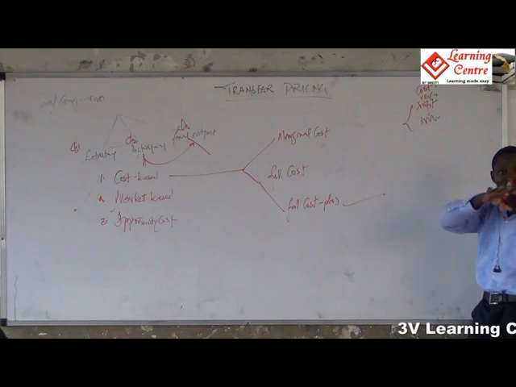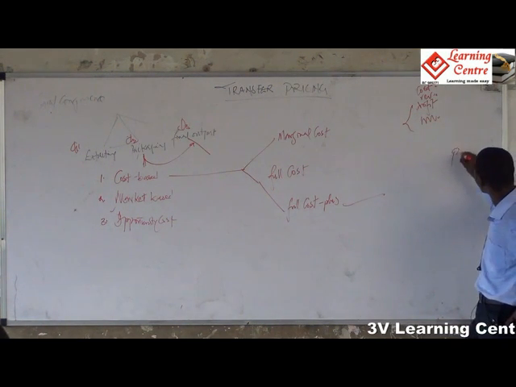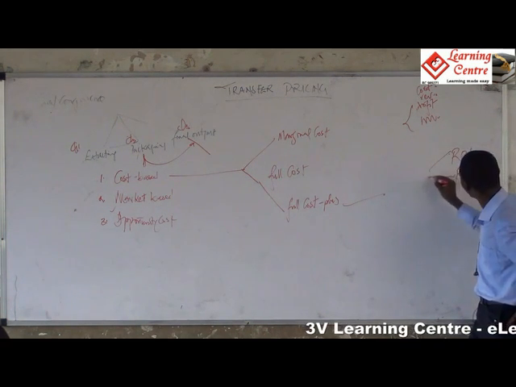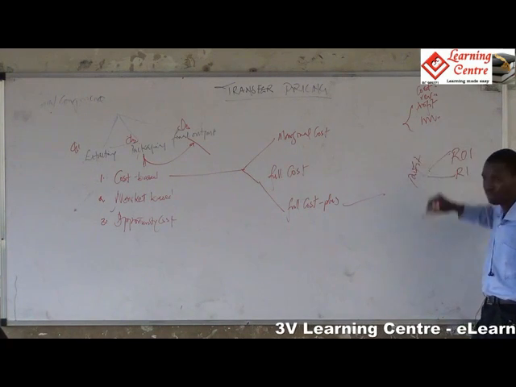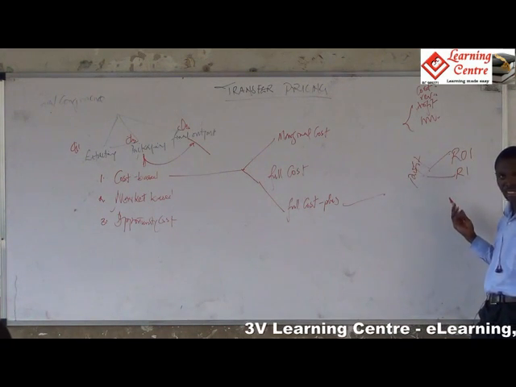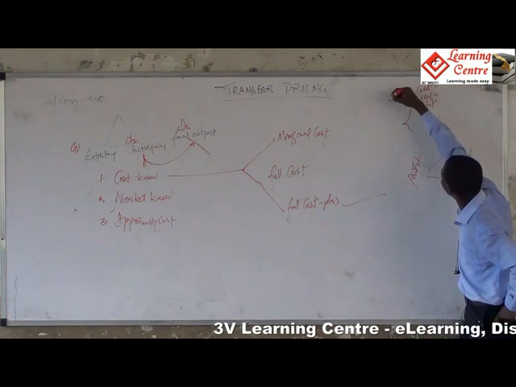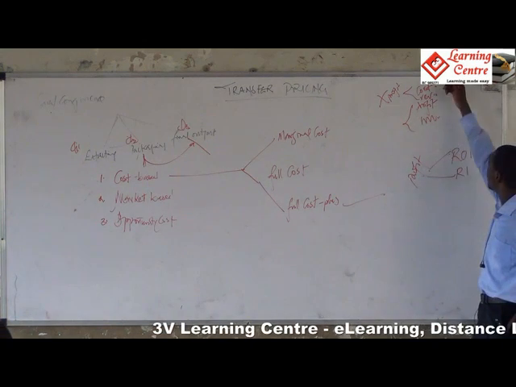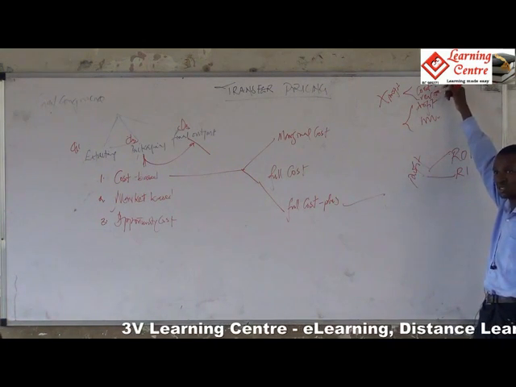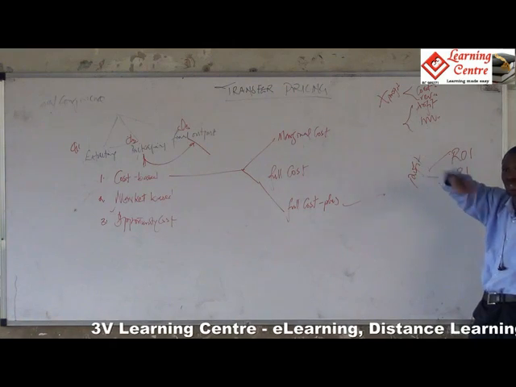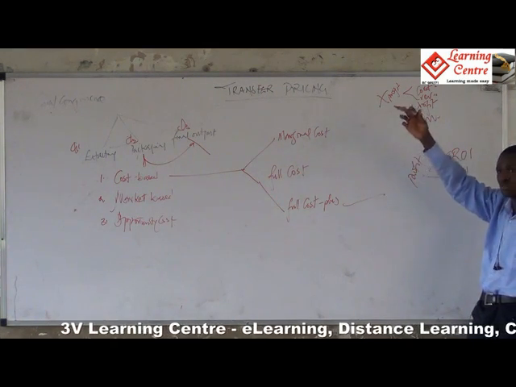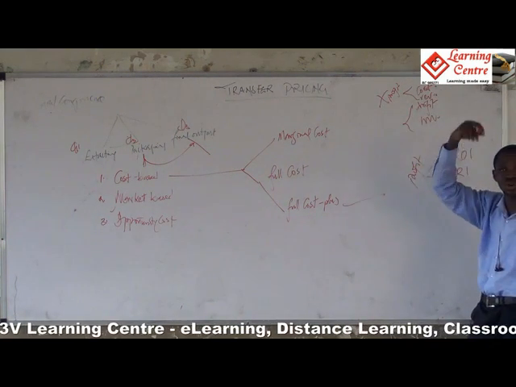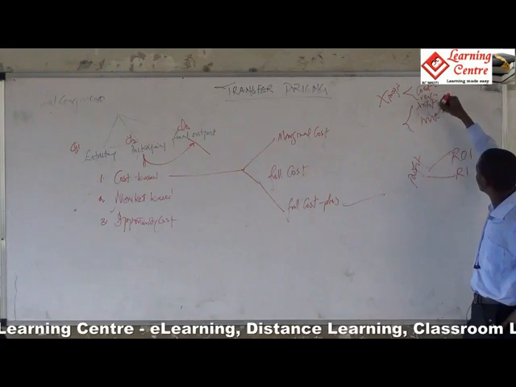You know, when we were talking about divisional performance measurement last week, we talked about ROI and RI. And these two are based on profit. Sure you understand? Now, these two do not have anything to do with profit. They don't generate profit here. This is just a revenue center. Just go and sell. You will not be appraised based on the profit you made. You will only be appraised based on the amount you sold. This one will be appraised based on your cost savings, but this one will be appraised based on profit.